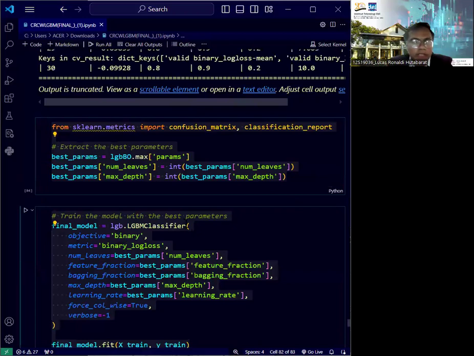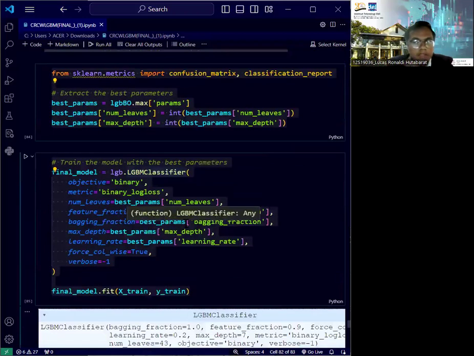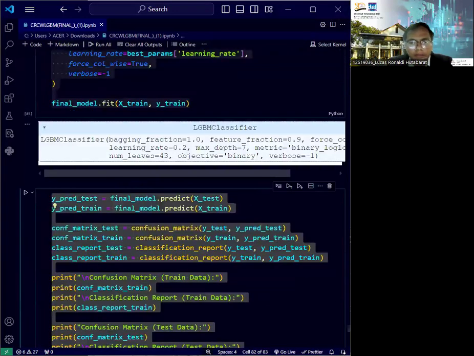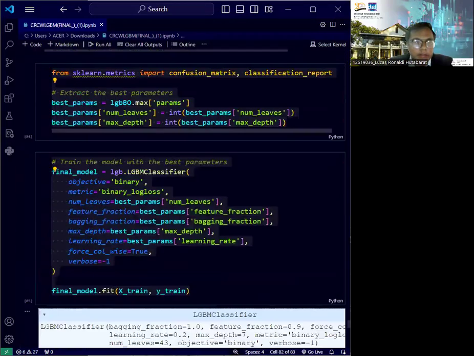Next, we initialize Bayesian optimization. This sets up the Bayesian optimization process with the specified parameter range. Next, we perform the optimization.